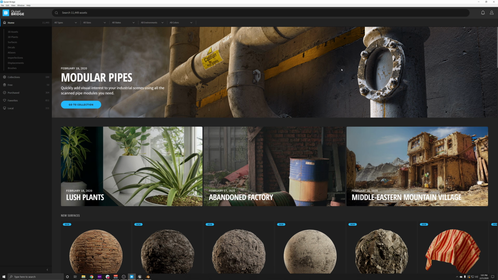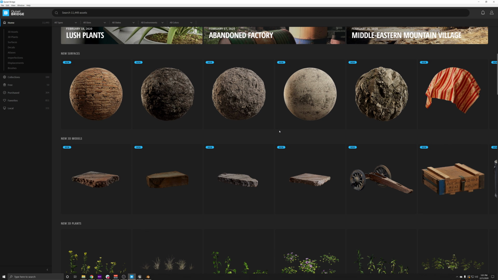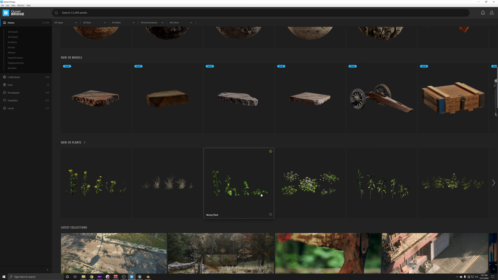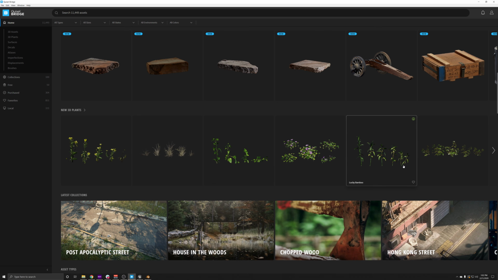So right here in the front, we are going to break down the core library. As I mentioned a second ago, we have the header and the featured content. This featured content is really just some collections that we have, and you can see over here in the collections tab. If we scroll down, the way this is flowed is so that you can be on almost a discovery page where you can explore the latest surfaces, the latest models, latest plants, and get an idea of what we're posting online every single week, practically every single day, I think we are.